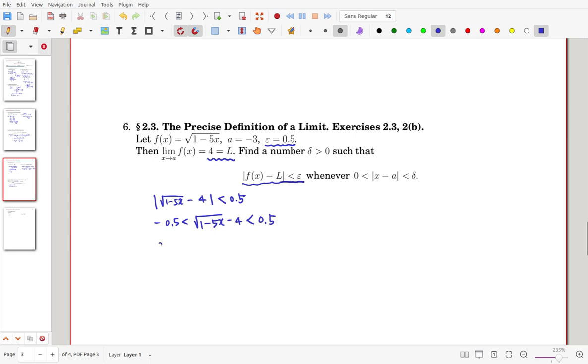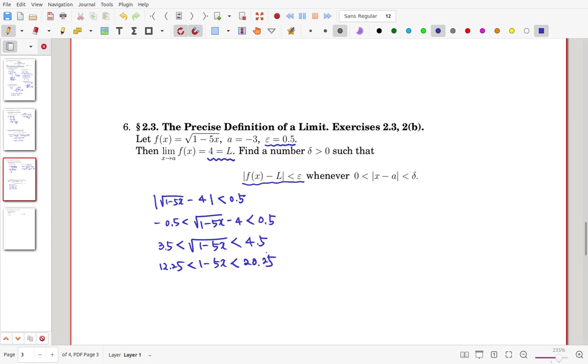Then that will be 3.5 less than square root of 1 minus 5x, less than 4.5. Now we square: 3.5 squared is 12.25, and that is less than 1 minus 5x, less than 4.5 squared, which is